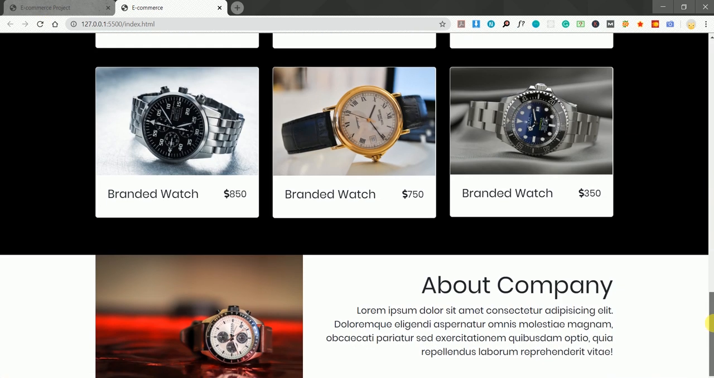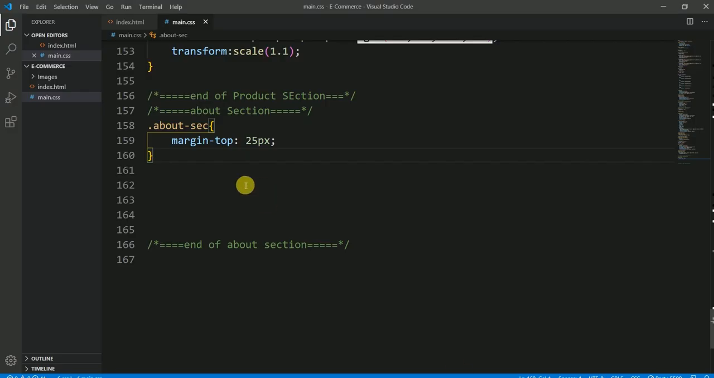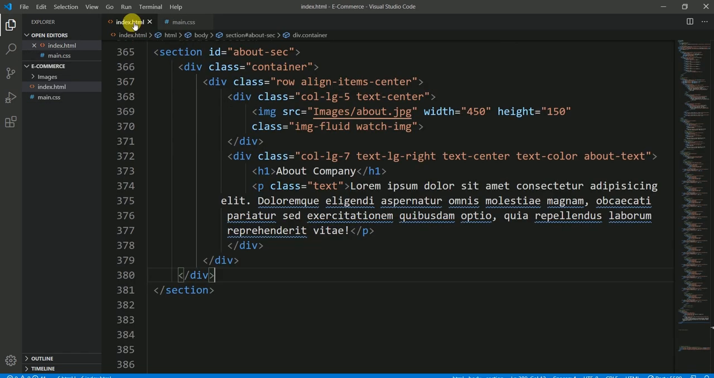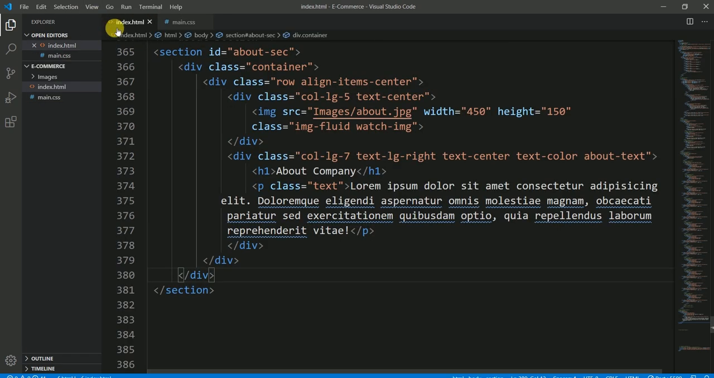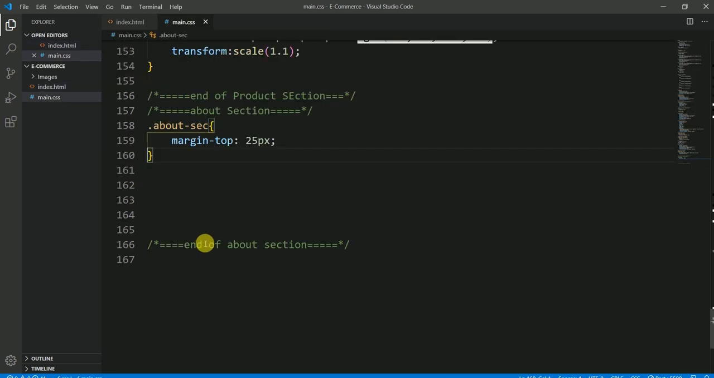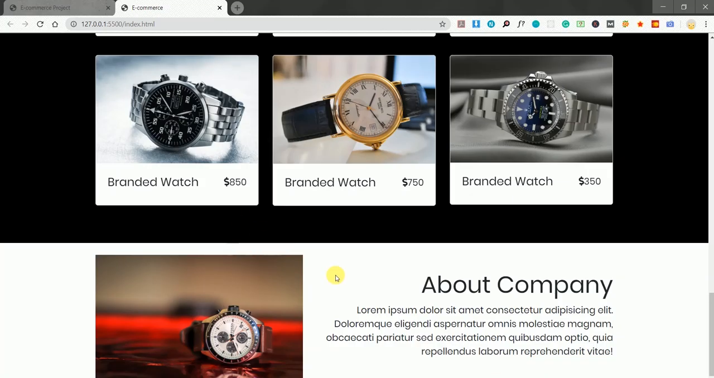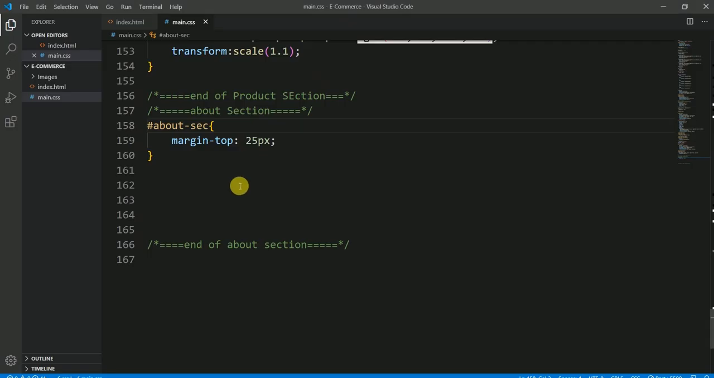Oh, so it didn't work. Why didn't it work here? About sec. Let me check my class name here. It is about sec. Yep. Okay, it's not a class name actually. It's an ID, and I've selected a class here. So for this, my apologies. ID and here. Okay, so now it is nice. I just used a class. It was an ID. Okay, and then